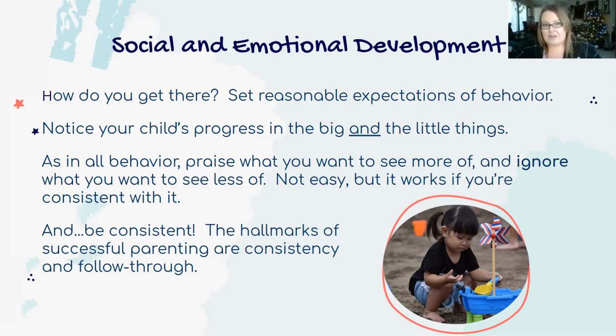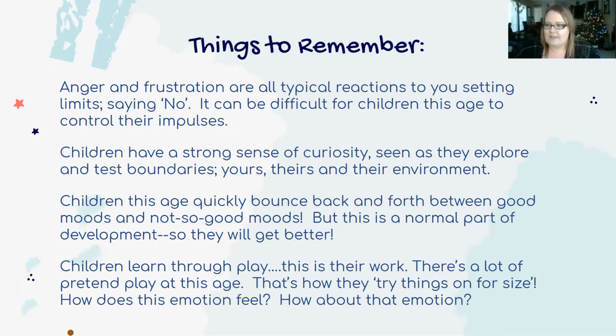If your child's having really great behaviors at home, let them know that you're noticing that. I like how you are playing with your brother, or I like how you are following my directions when I asked you to clean up. And then if they're doing those really attention-seeking behaviors, it's really picking at you, just ignore those. And that's the hardest part about it, is ignoring those bad behaviors, because the more attention you give to those behaviors, the more they're going to do that to get a reaction out of you. So praise what you want to see, ignore what you want to see less of. And then next. So the last 2 slides on here are really just things to remember.